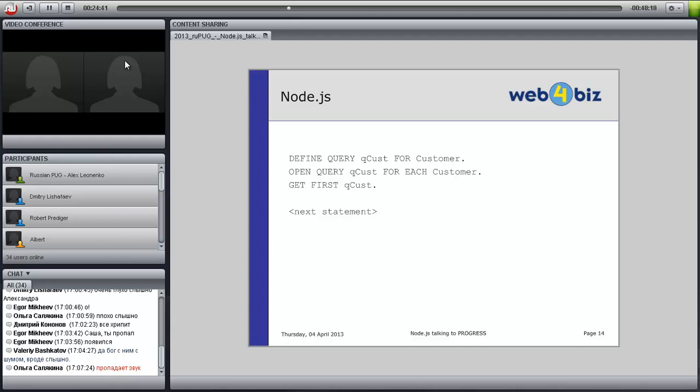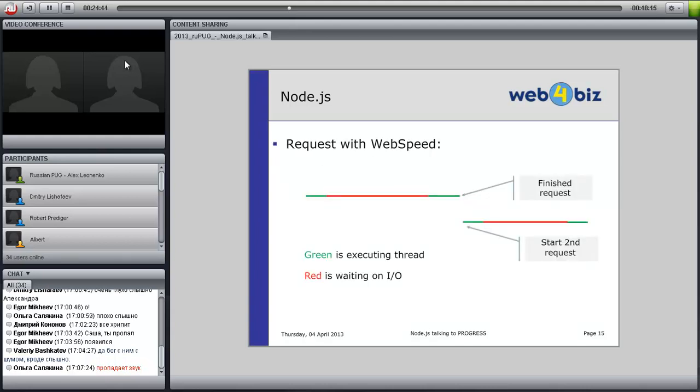So a typical request from outside looks like this. A request from outside comes inside. WebSpeed then waits a comparatively long time for the database, then takes the data and delivers it to the client. So the second request has to wait until the first has finished.